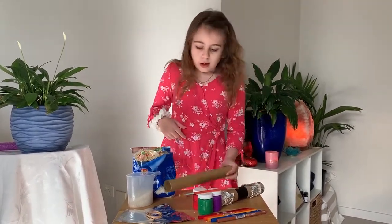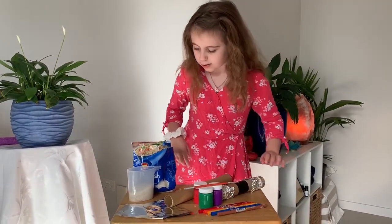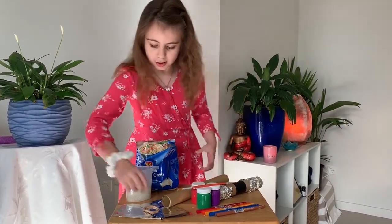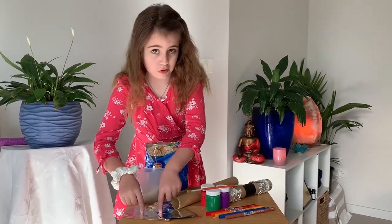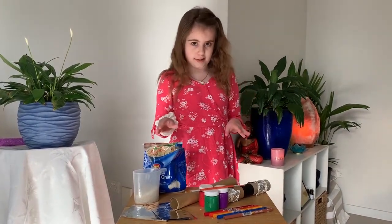So all you'll need is 2 toilet rolls or 1 big one from Glad Wrap or baking paper, paint, textures, rice, dried rice, 3 to 4 elastic rubber bands, and then 2 pieces of foil folded in half. Now, firstly,